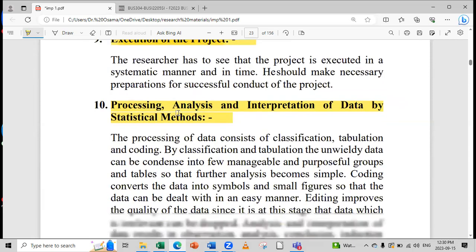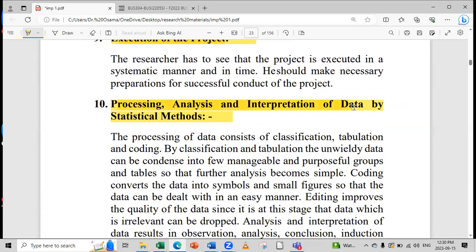Execution of the project, then the processing, analysis, and interpretation of data, like I showed you here by using statistics. 70% said no. Okay, 70% said they don't drink milk in the morning. That means no relationship between the milk and medical fitness. You guys got me? So it goes like this. You analyze the data, and based on the data, you will take decisions regarding the sample. Then you apply what is in the sample to the whole population, or the whole universe. Clear?